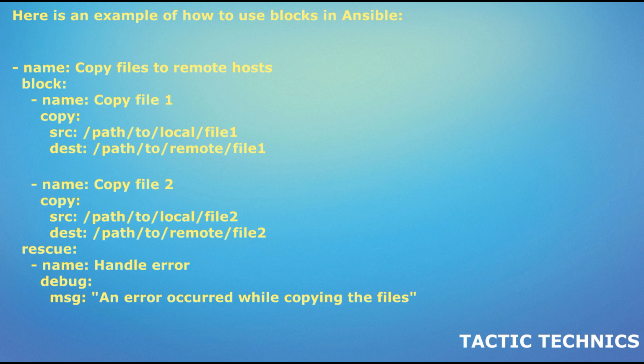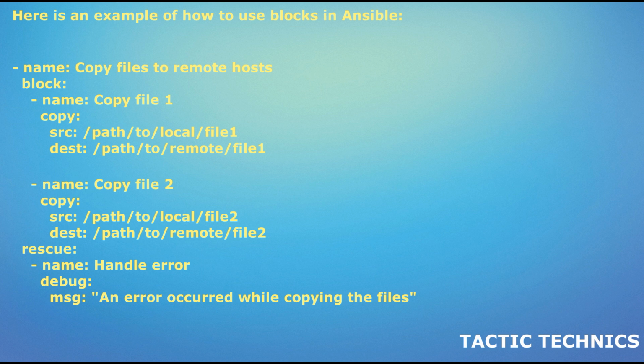YAML. Copy code. name: copy files to remote hosts. block: name: copy file 1. copy: src: /path/to/local/file1, dest: /path/to/remote/file1. name: copy file 2. copy: src: /path/to/local/file2, dest: /path/to/remote/file2. rescue: name: handle error, debug: message: an error occurred while copying the files. always: name: cleanup, command: